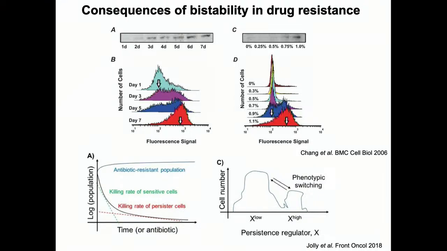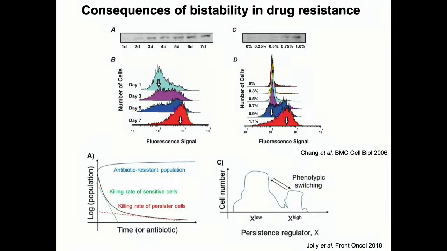So the fact that you see the same dynamics repeated again and again clearly argues that it is not genetic in nature, it is instead phenotypic, that despite having the same genetic background, you still see two discrete outputs. And this is what has been shown, that indeed bacterial cells are in a bistable system